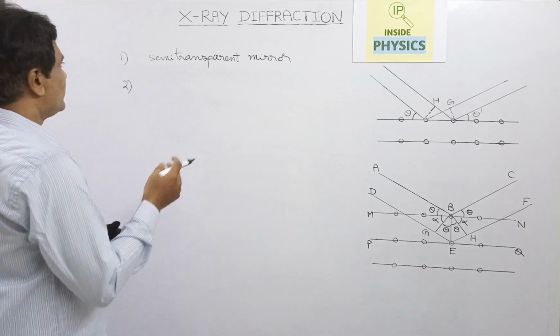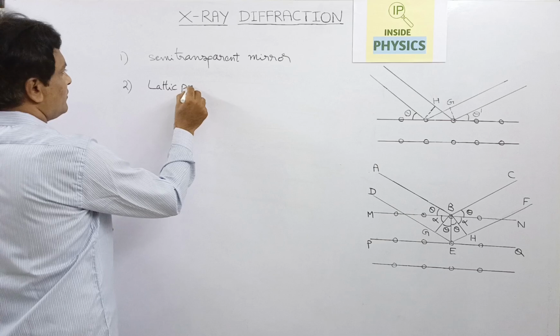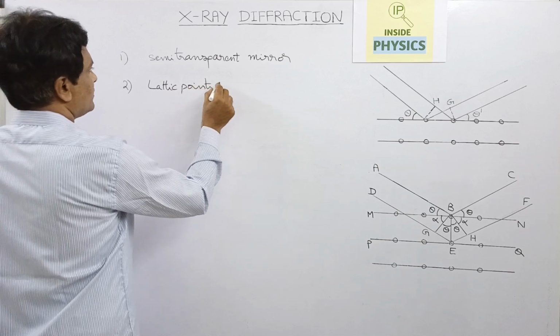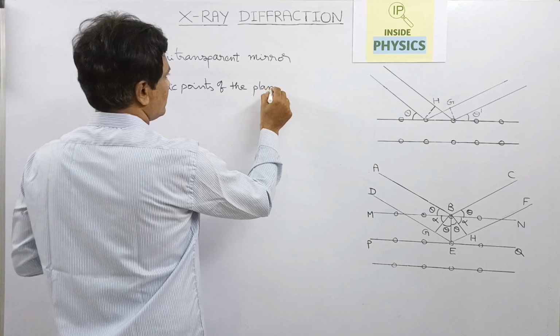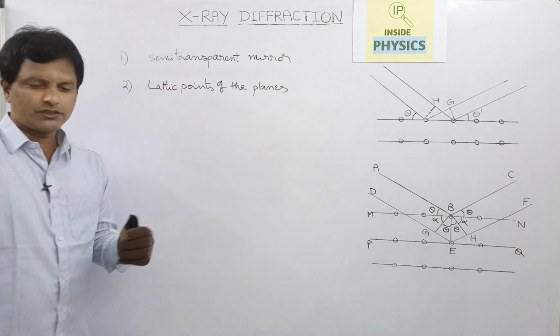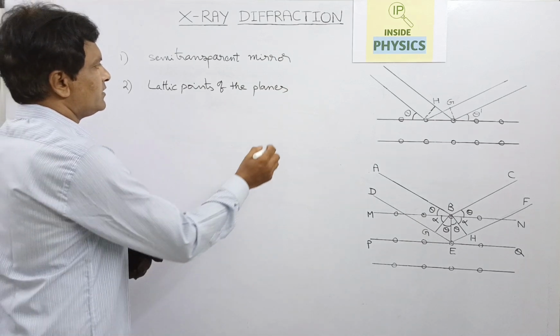The lattice points of the planes are the actual cause of the reflection. So some of the statements he made are that the planes are semi-transparent mirrors and the lattice points of the planes are the